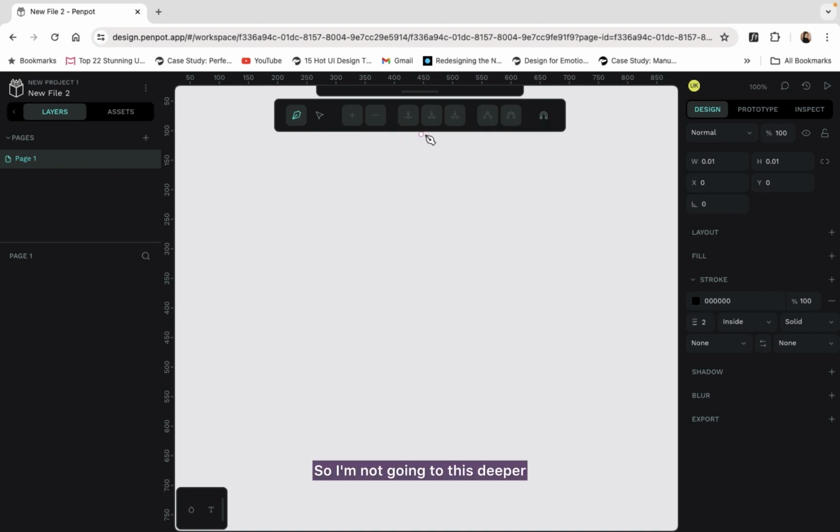I'm not going deeper into these tools right now. I'm just going to explain the basic parts of this tool for now. So let's quickly do it.